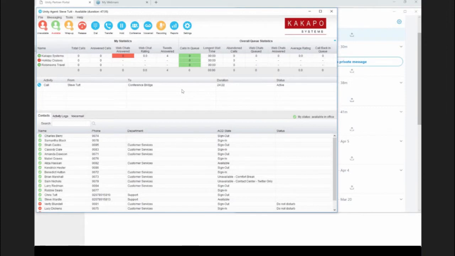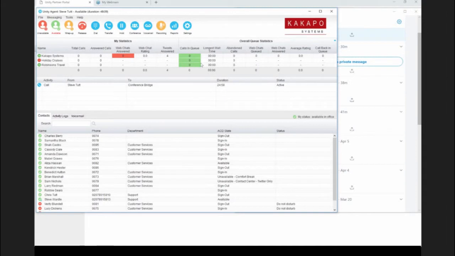And what's happening now is that there's a 3-minute poll, basically. There's a 3-minute timer where the Unity Contact Center is going to pick up any tweets that have come into the handle, and it's going to distribute them to the available agents, depending on whether it's longest idle or simultaneous or all that kind of stuff. So that's why that tweet's come in, and it's not immediately appeared. It doesn't mean we have to wait 3 minutes. It just means it depends on where it is in the cycle. It seems to me every time I do a demo, it seems to be at the start of a 3-minute cycle,